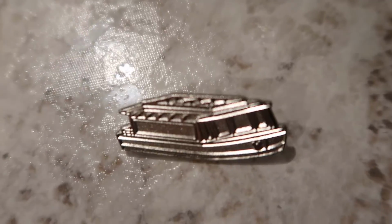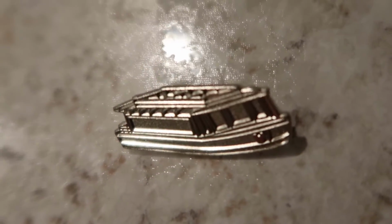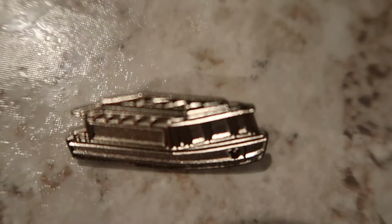Then again, I'm like a 10-year-old boy at heart. I like trains and trucks and buses and planes. We have a little Disney transportation ferry boat that I thought was really cool. It's the friendship boat from Epcot. Alright, and so the pins I got that I traded for are this awesome Ariel pin,